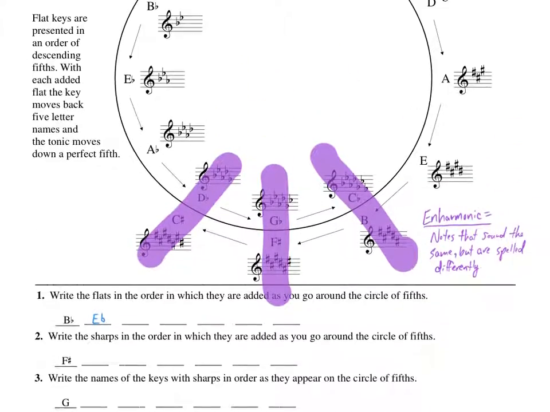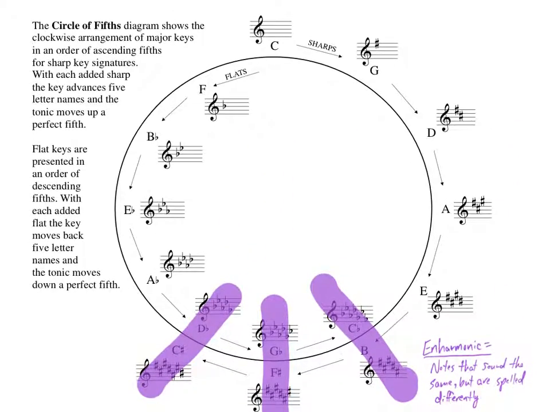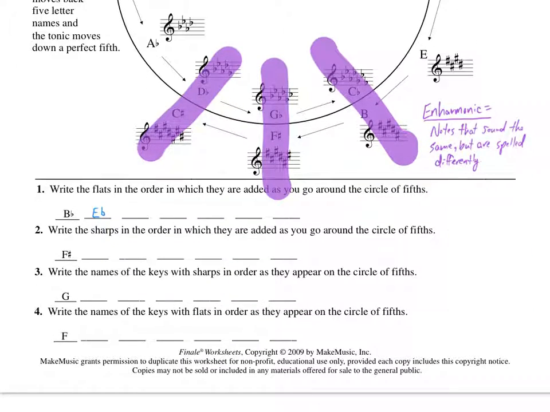Now let's go back up, find the next one. So if we had B flat and E flat, here they are. Now we have to find the next one. It's a space again, so F, A, FACE. It's an A flat. Let's scroll back down. Okay, we got that done. Now let's scroll back up